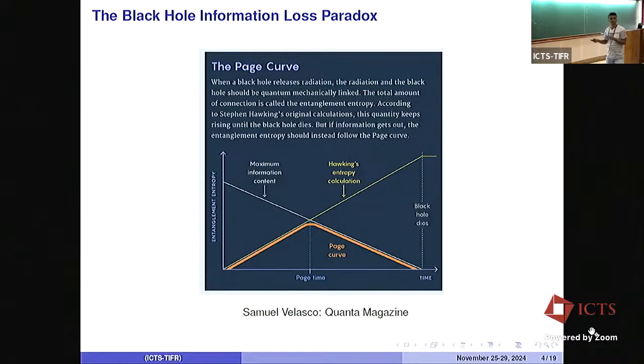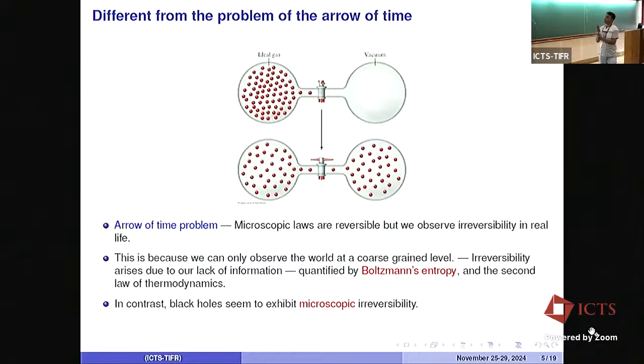Okay, so that's in some sense also a statement of the paradox. Now let me make one other comment before I start describing our model. It looks very similar to the problem of the arrow of time, where one question is, if I let a gas expand, a free expansion of a gas from, let's say, this closed chamber to another, I just open this cap here and it escapes into this other here.